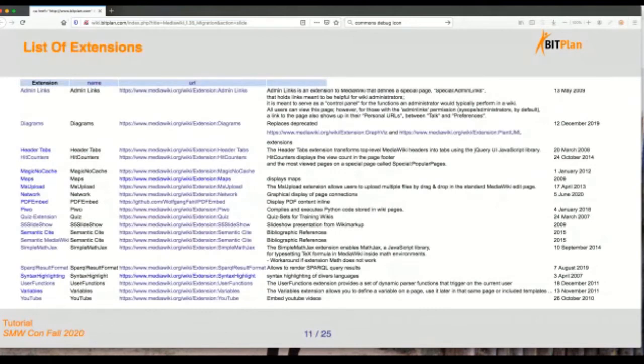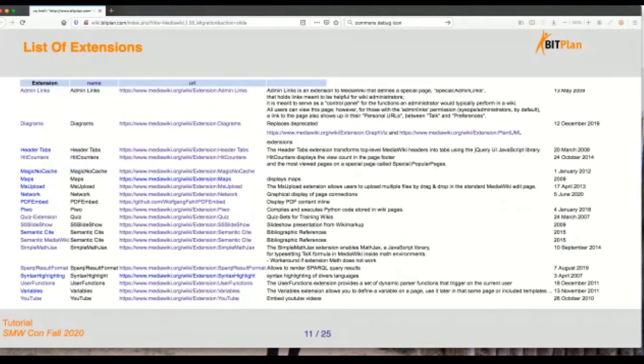The next thing you might want to do is look into your list of extensions. Take any approach for that. One would be create yourself an Excel table or put it on a piece of paper and grab yourself a list. And obviously, in our case, we did that a bit differently.